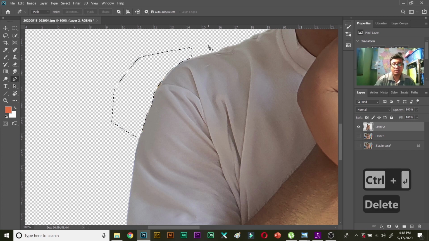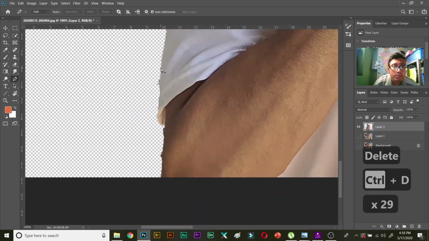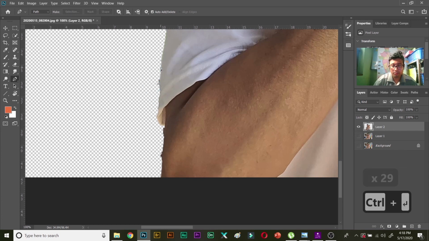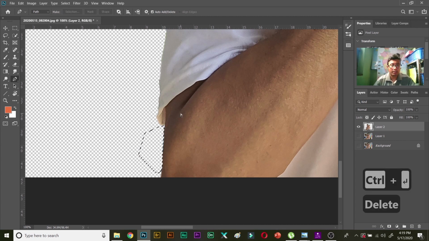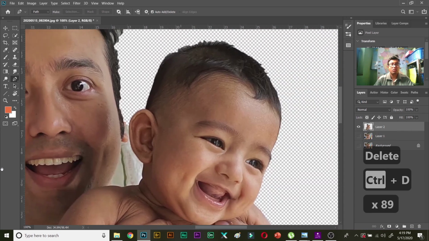Control Enter, delete, and then Control D. So it's gone. And the hand, over here there are some artifacts. Close the loop, Control Enter, delete, and then Control D. So this is how.